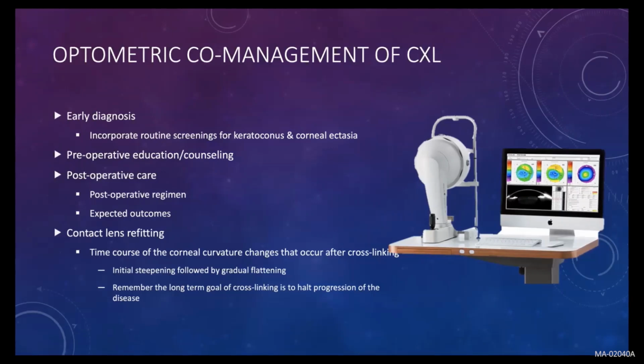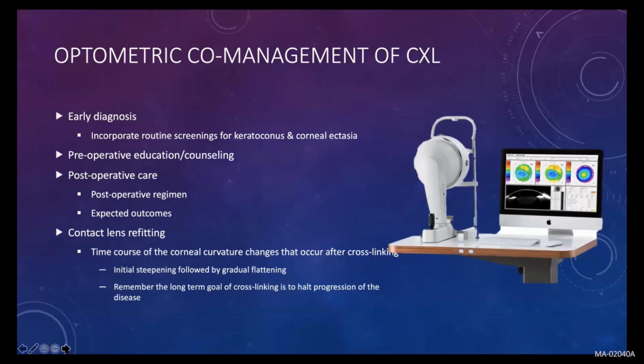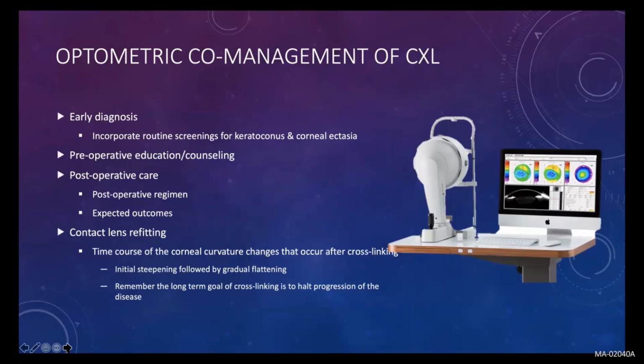as well. The time course for the corneal curvature changes that occur after cross-linking, initially you have a steepening followed by a gradual flattening. And the long-term goal of cross-linking is to halt the progression of the disease altogether. So like we mentioned, in the beginning, you have a little bit of a visual distortion, and then it tends to get better afterwards. Typically, we'll evaluate, like I said, at months 3 and sometimes even a little bit before. And if things are stable, then the patients can be fitted for contacts and proceed as usual along that previous